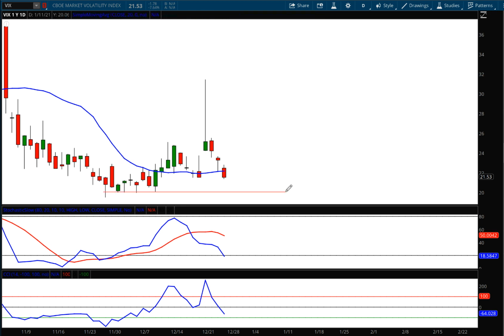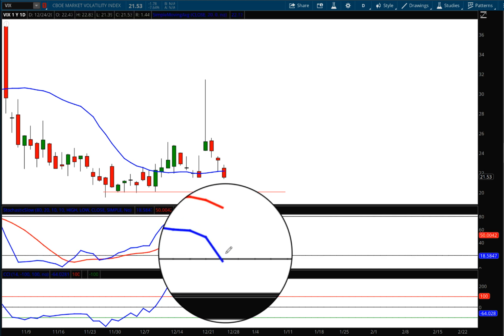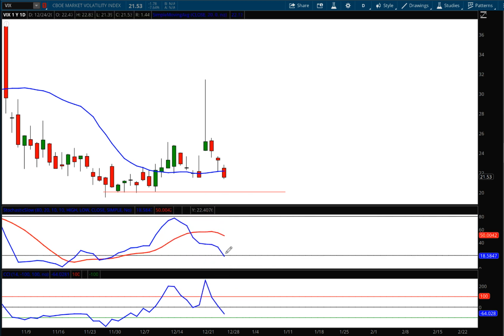You can see here, this is the stochastics oscillator. It's still moving lower, hence the reason why I think the VIX will move a little bit lower next week. But towards the end of the shortened week, I think you're going to see a little bit of a pop like that, because of what we are going to expect to happen on January 6th. January 6th is the key date for certifying the presidential election.